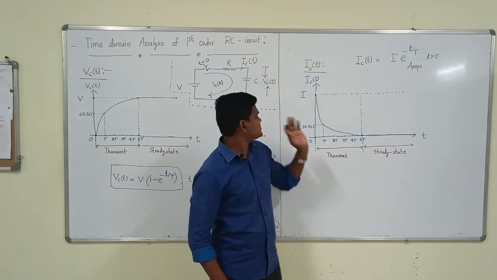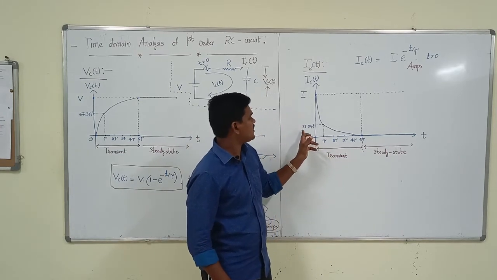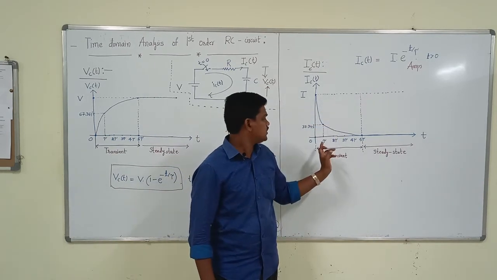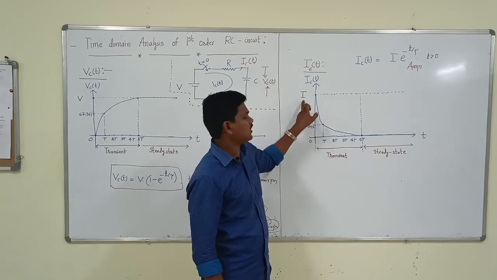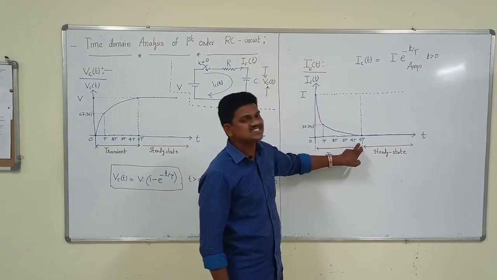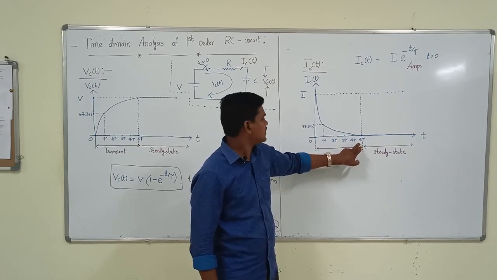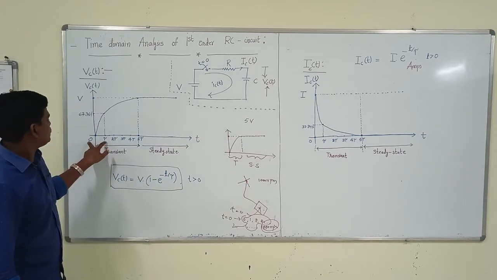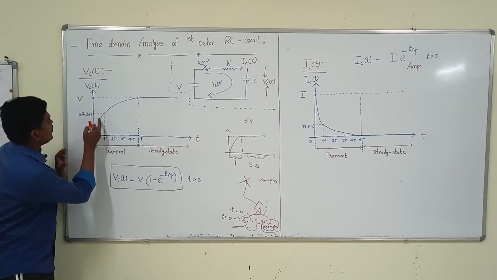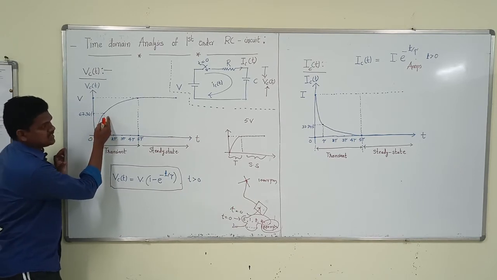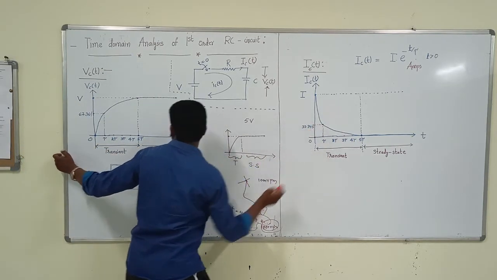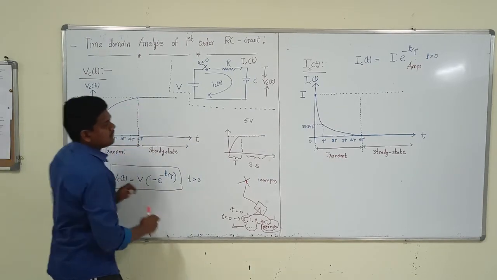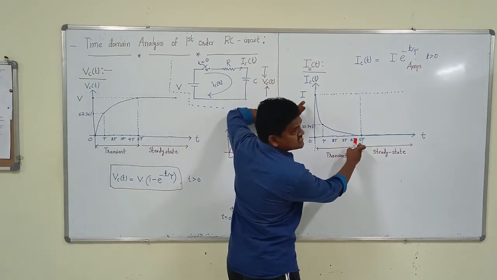Right? So if you apply tau, you will get this value 36.8%. Why? Here there is 1 minus for voltage, but for current it is directly minus. If you substitute and solve this, you will get 36.8% of I. After 5 tau you will get 0, understand? Look here, if you observe, at time constant tau the voltage increases 63%, and the current decreases by 37%. At 5 tau, the voltage will become the maximum voltage, but the current will become the minimum current, zero current.